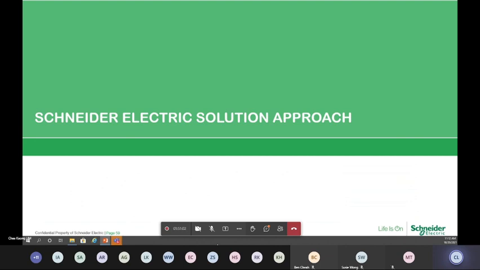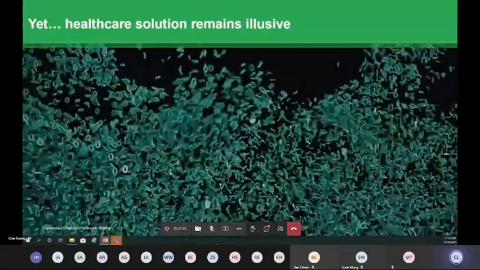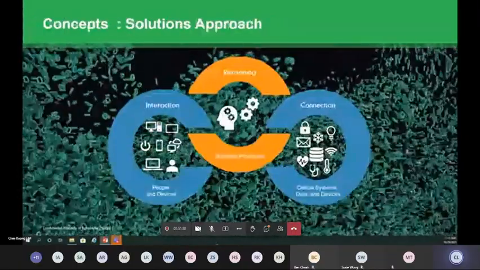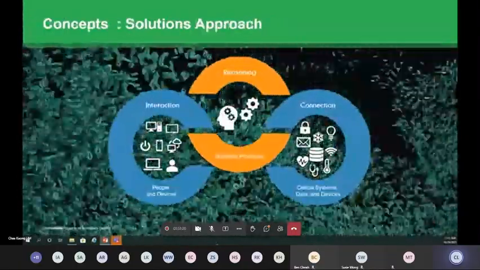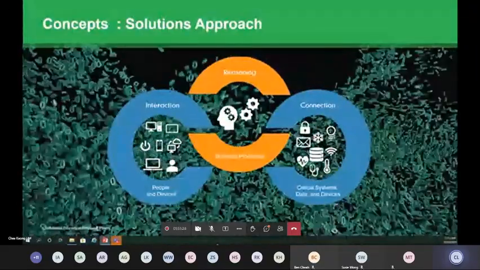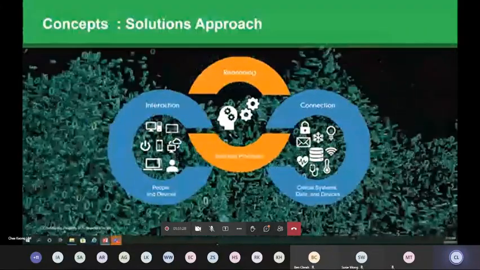So one of the key things in Schneider Electric that makes us different from others is solutioning. From the beginning at 9:30 until now, we have been seeing a lot of chaotic things. I've been sharing a lot of data with you. You can see a lot of 1s and 0s going around. Nothing is firm, it's still in a mess. But what we need to do is put in the right solution so that there are right interactions between equipment. We have to put in the right reasoning and business processes to be able to give you the proper output.